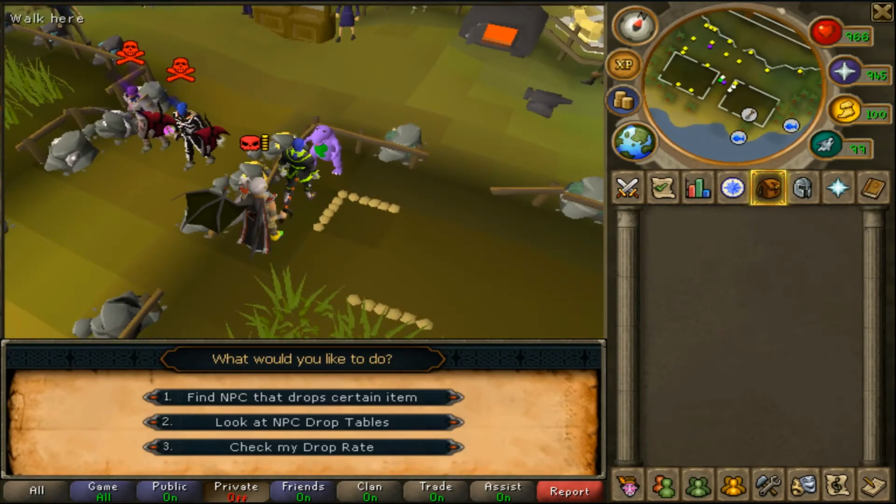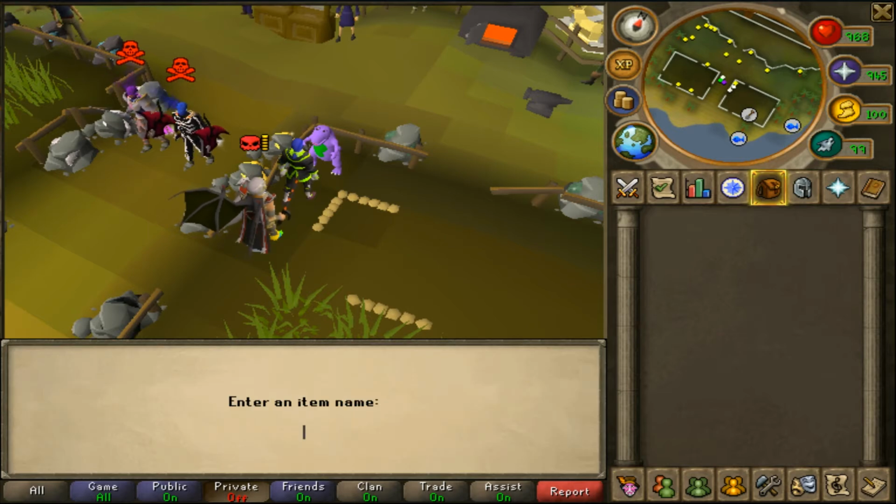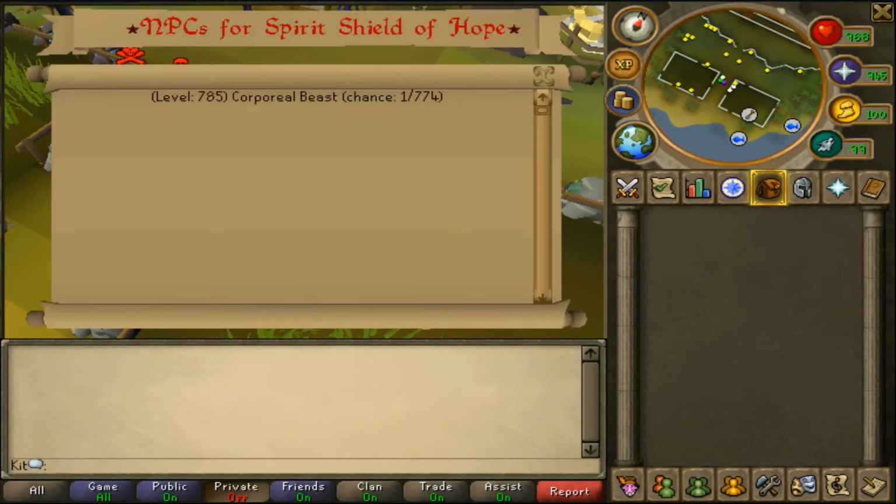He will show you different bosses and what they drop. With the second option, you can type in the boss's name. And with the first option, you can use the item's name. Like if I wanted to find out what dropped a Hope Spear Shield, I can find out what drops a Hope Spear Shield and the chance of me getting it, which is 1 in 700 something, which seems super, super